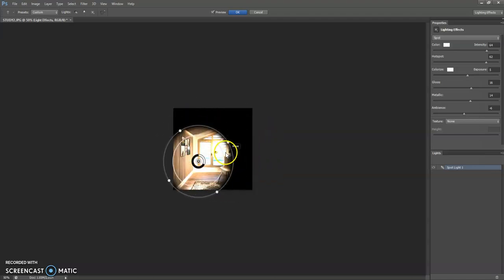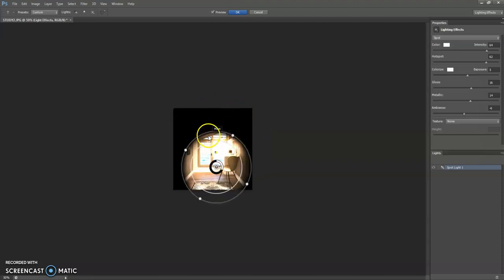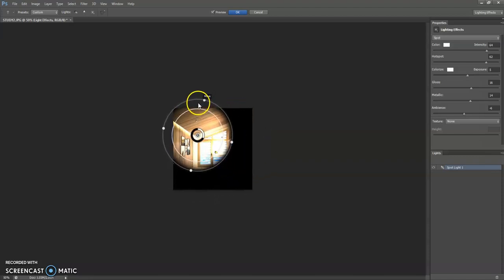You can take this and see where you want the lighting effect to be. So I'm having it here. Let me take it a little bit lower. Okay. You can keep it anywhere you want to get the lighting effect.